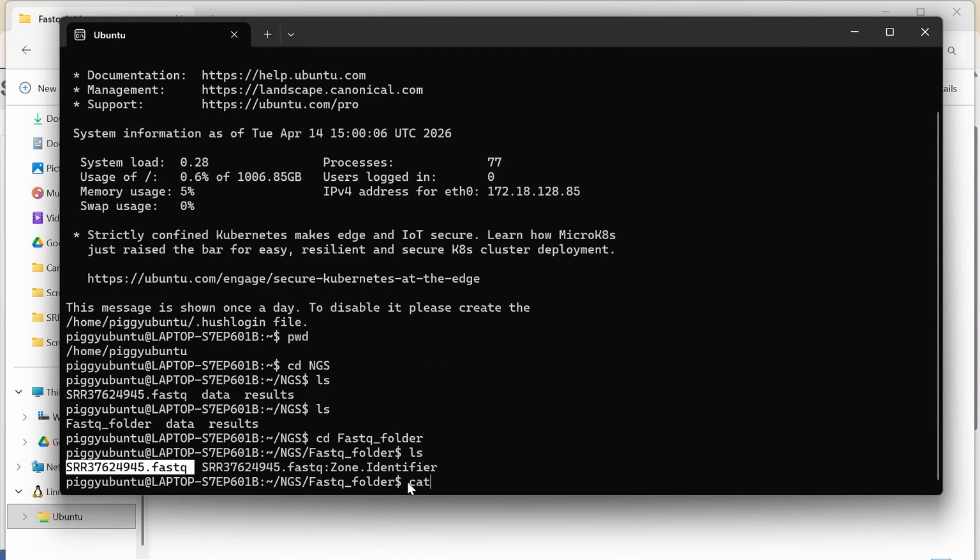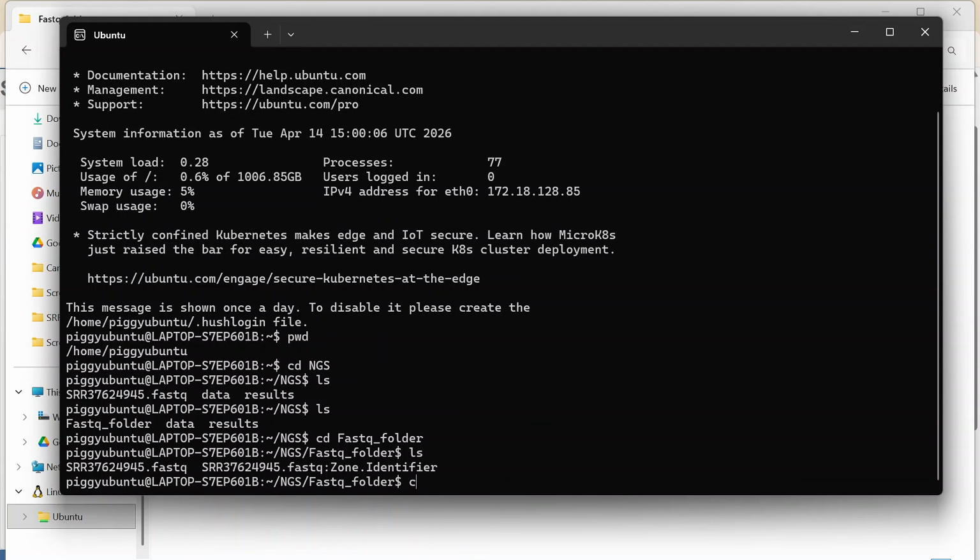So this means if I use the cat command, it will print the entire data of this file. We already know that a single read contains 4 lines, right? All the reads have the same format, the 4 lines. So what do we need to do? We just need to see how a FASTQ file looks. We do not need to see the entire file. We just need to see a few lines.